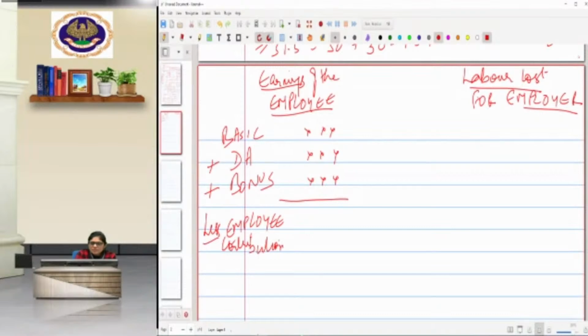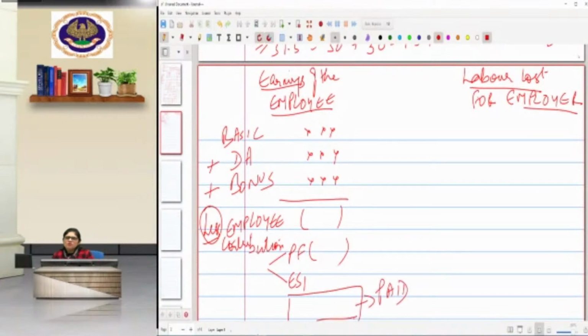Here we deduct the employee contribution of PF or ESI. Clear? The employee contribution will be deducted, and whatever is the balance is paid to the employee. So for the earnings of the employees, we add all the emoluments we are giving to the employee, less we deduct the employee contribution towards PF and ESI, and the net amount we pay to the employee. All right. So the gross wages less the deductions,